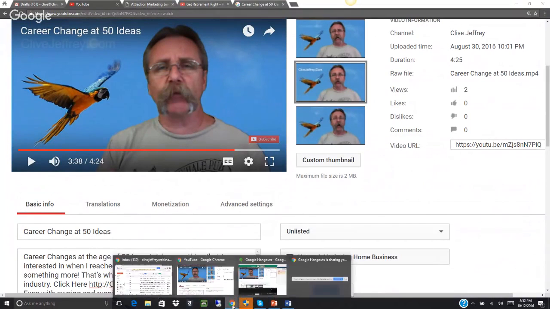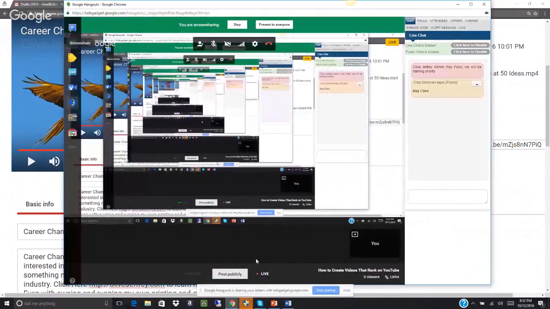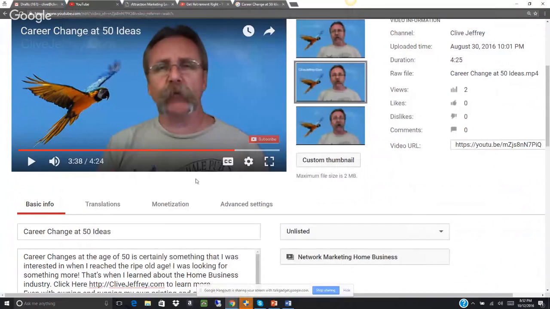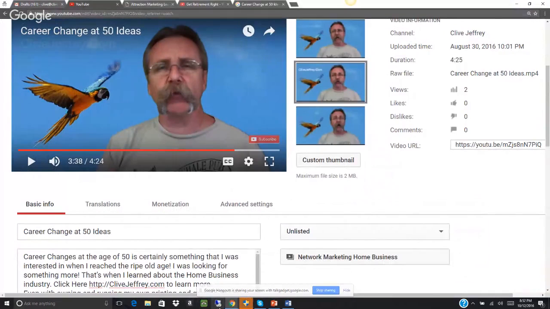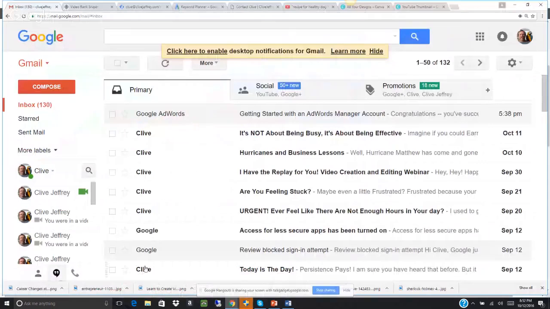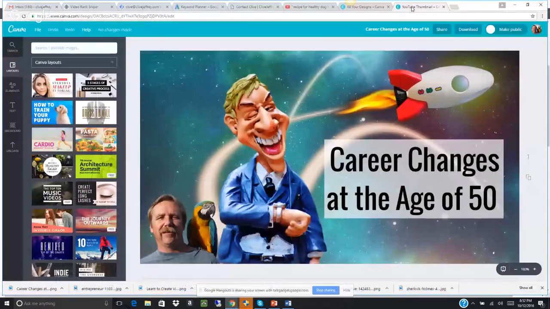I was just looking at the copy that I produced. Sorry about that. In the copy I produced, I've actually put the wrong keyword in essentially. So we wanted this to be called career change at 50 ideas.